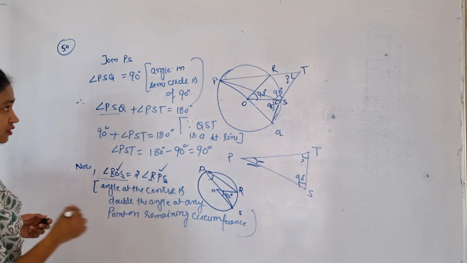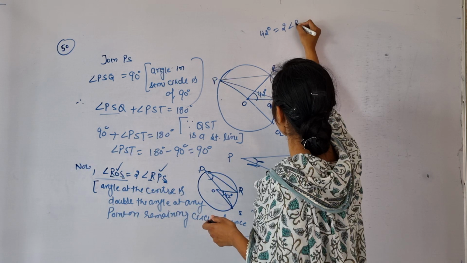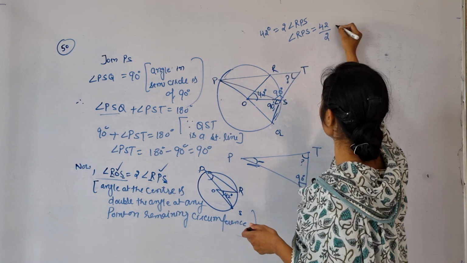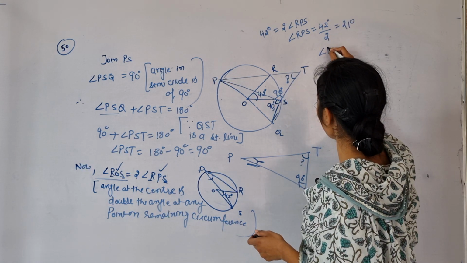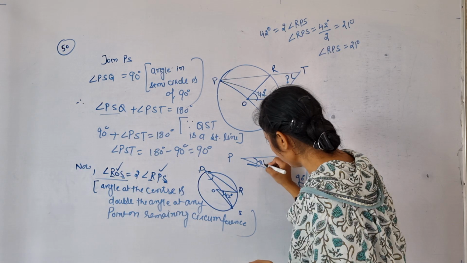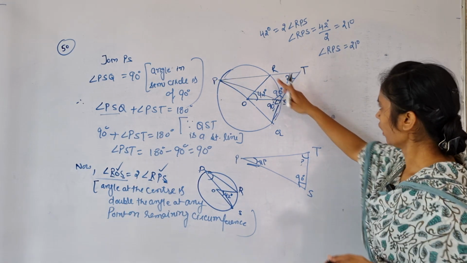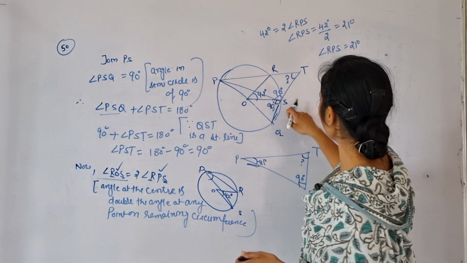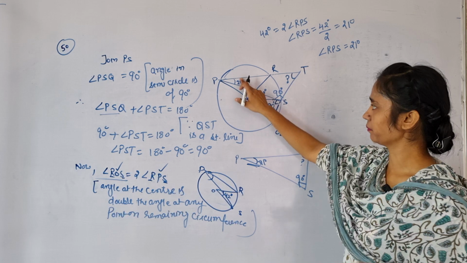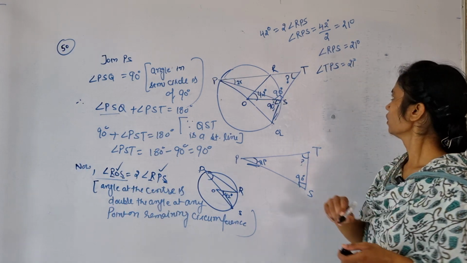Okay, so this angle we know, this is 42 degree. 42 degree is equal to 2 times RPS, means angle RPS is equal to 42 by 2, that means it is equal to 21 degree, means RPS is equal to 21 degree. ये means हमने कैलकुलेट कर लिया 21 degree. ओके, RPS, if RPS is 21 degree, so will be TPS. ठीक है, लाइन को थोड़ा एक्सटेंड भी कर दो, इस पे मेजरमेंट पे कोई इफेक्ट नहीं पड़ना. Therefore TPS is also of 21 degree.